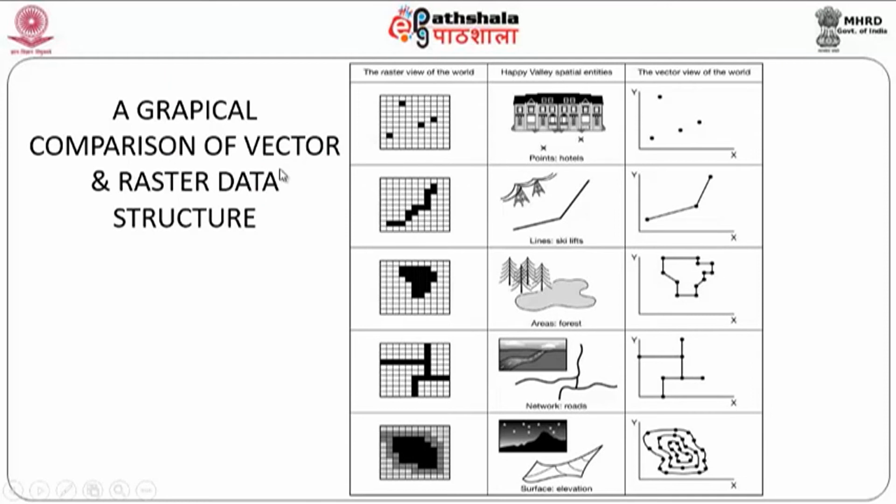When you try to compare or understand how vector data and raster data are represented in a graphical representation of your raster data, vector data and the real world, you find various aspects, point data, for example, they have given it as hotels. So this is point data, as I was already telling you, the x-axis and the y-axis. This will be 0, 0 and this will be, for example, 100, 100, and anywhere you prick in between it will have an xy value, and a unique value will be there.